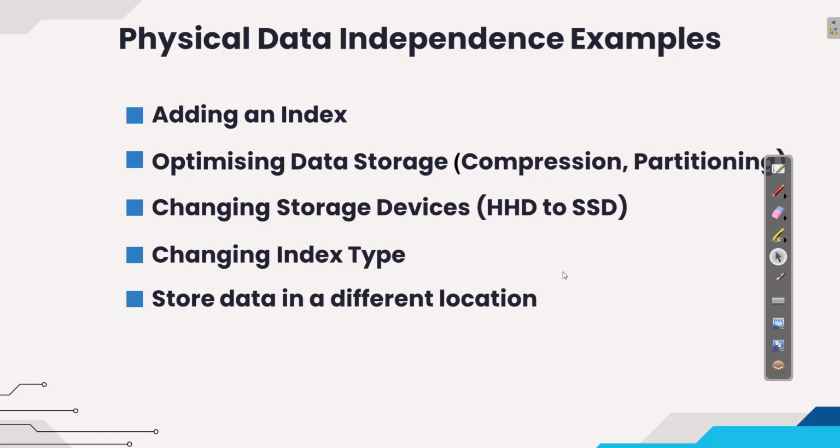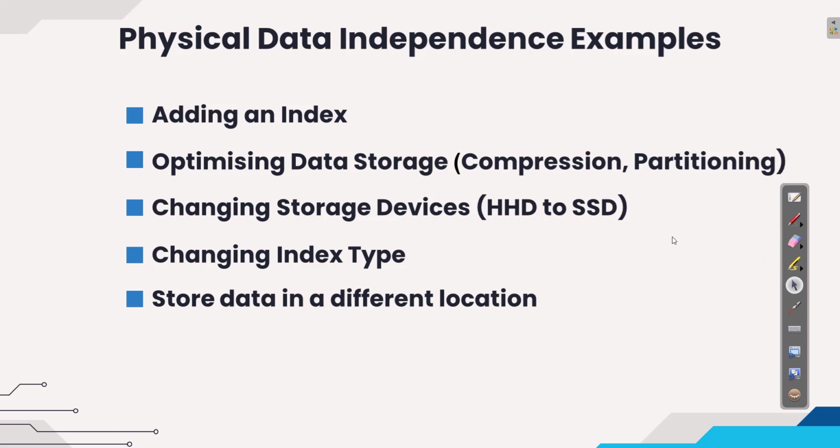The second physical data independence example is optimizing the data storage. For example, uncompressed files to compressed files, or applying partitioning or some other optimization techniques. The third example is changing the storage devices from HDD to high ultra speed solid state device. So if we change underlying devices, this won't make any impact on the logical level or view